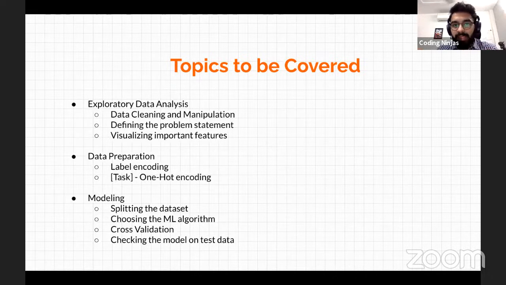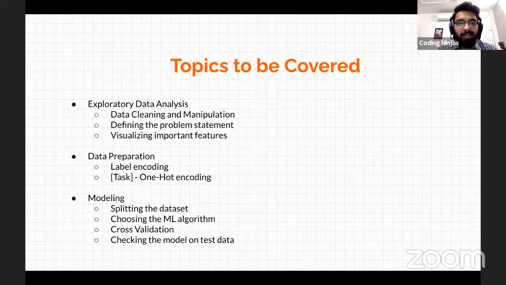There we'll see how we can split data and what algorithms we can choose for the classification problem that we would come up with. And the third is cross validation. We'll see the best ways to evaluate our model, and the best practices